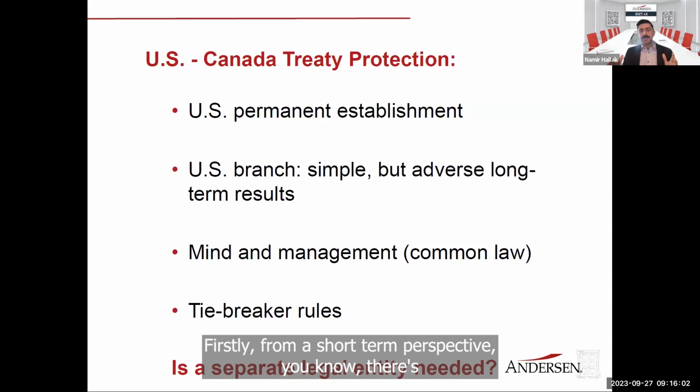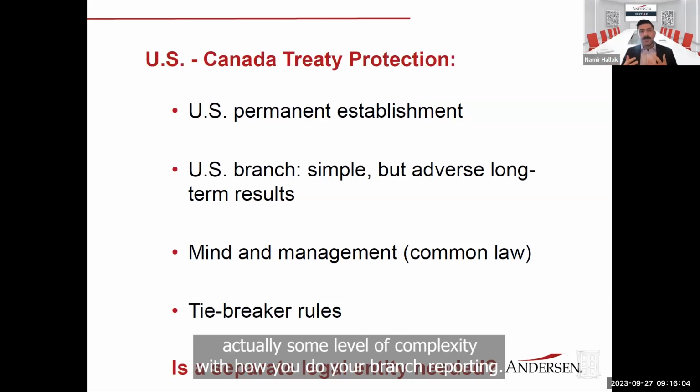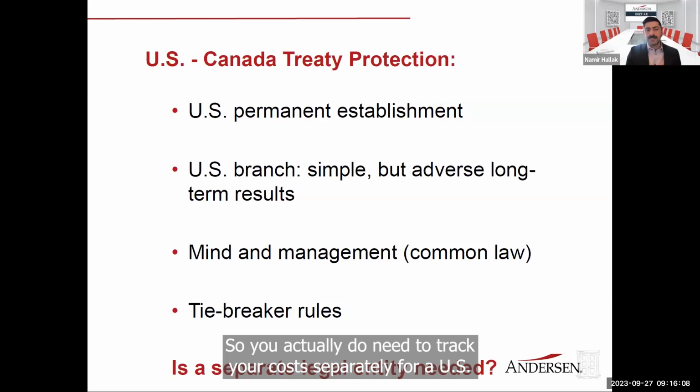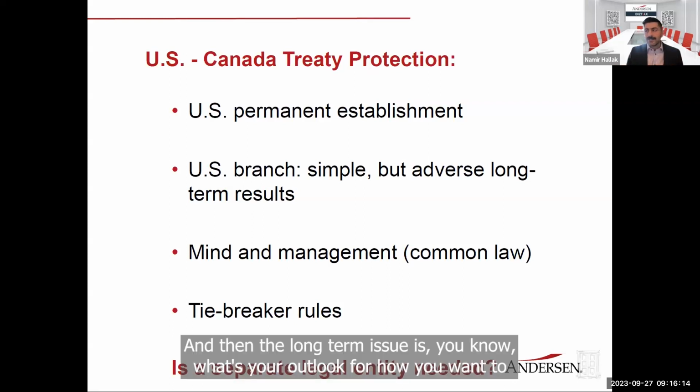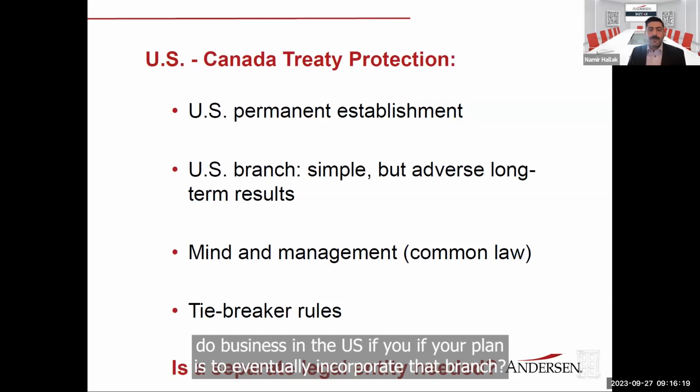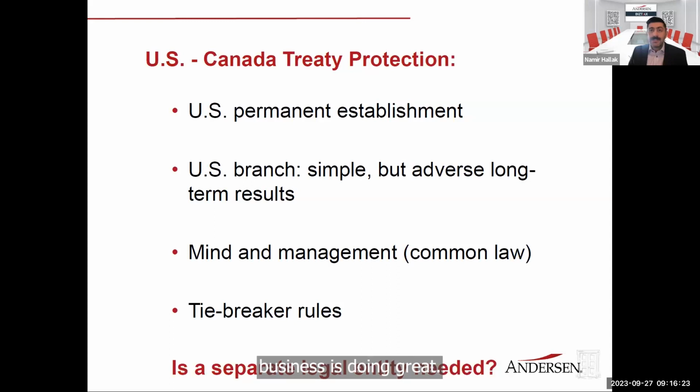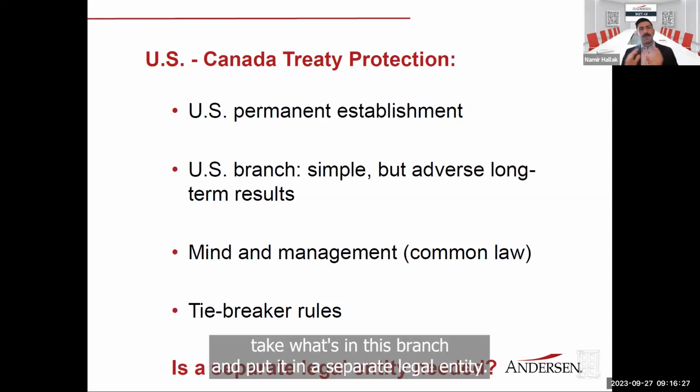Firstly, from a short-term perspective, there's actually some level of complexity with how you do your branch reporting. So you actually do need to track your costs separately for a US business from what you're doing in your Canadian business. And then the long-term issue is, what's your outlook for how you want to do business in the US? If your plan is to eventually incorporate that branch, so you say, well, you know what, this US business is doing great. I'd like to now actually take what's in this branch and put it in a separate